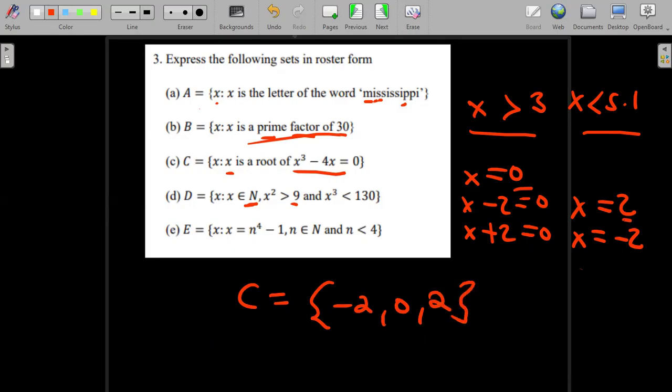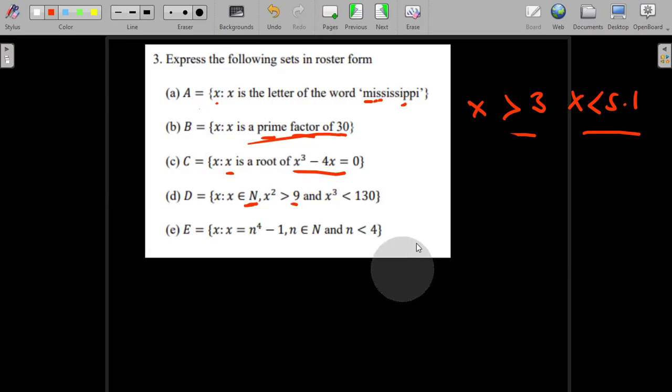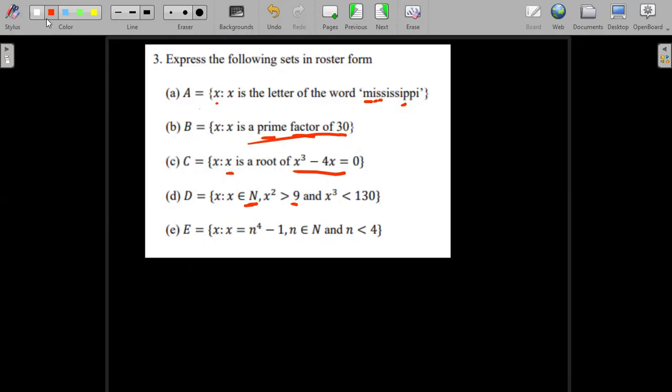Okay, I don't know if that's clear now. Okay, I hope that is clear. So I'll move on to part E. So part E, I have that. So part E has the set of all x such that x,